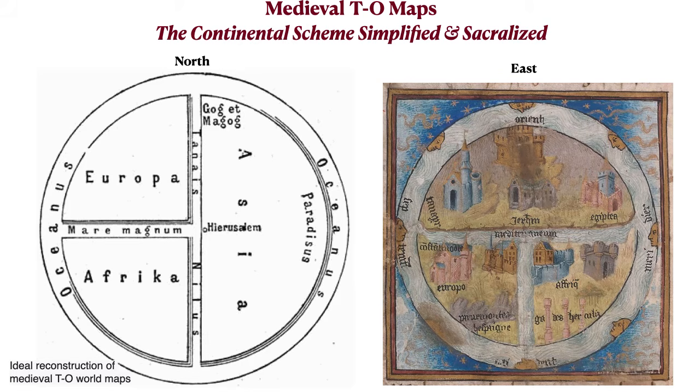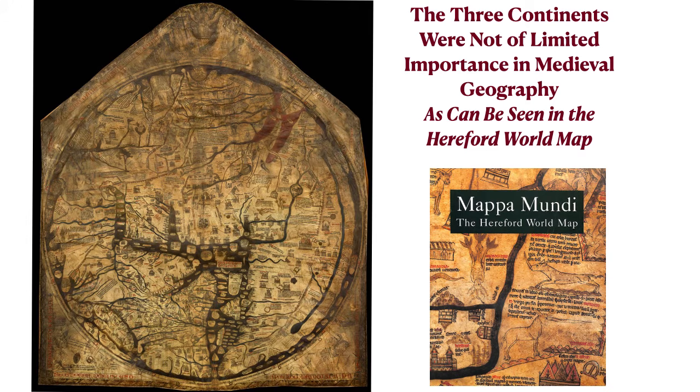One of the most impressive is something called the Hereford Mappa Mundi from Hereford in England, a late medieval map. A huge map, reproduction shown there on the left, and it's kind of hard to understand what's going on. But I want to talk about the Hereford map for a second, because the point it makes is that continents, what we now call continents, this threefold division of the world, was used, but it wasn't necessarily even understood. It was kind of vague in the minds of a lot of even geographers who were making world maps,